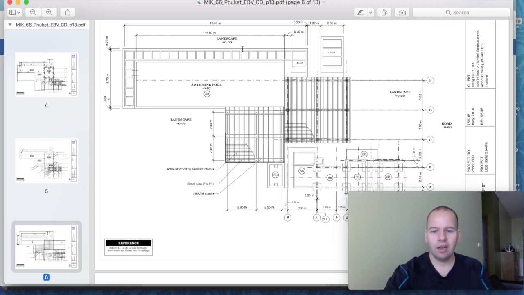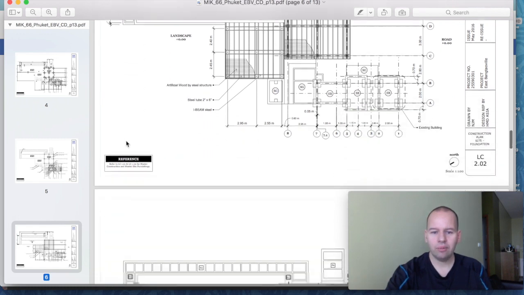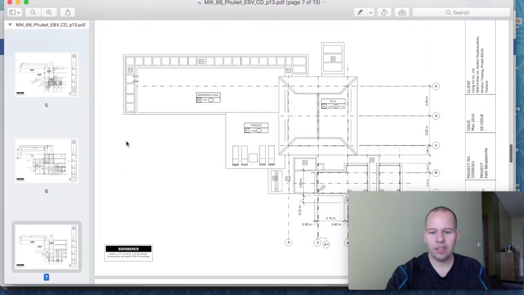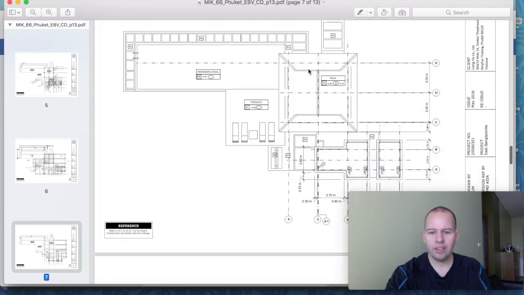So this is a model, this is a model, and then the building is a model. So this is of the foundation level. As you can see, even on this level, this is the roof structure. So that's the real roof structure, but you change the layers so that you can show what's going on.